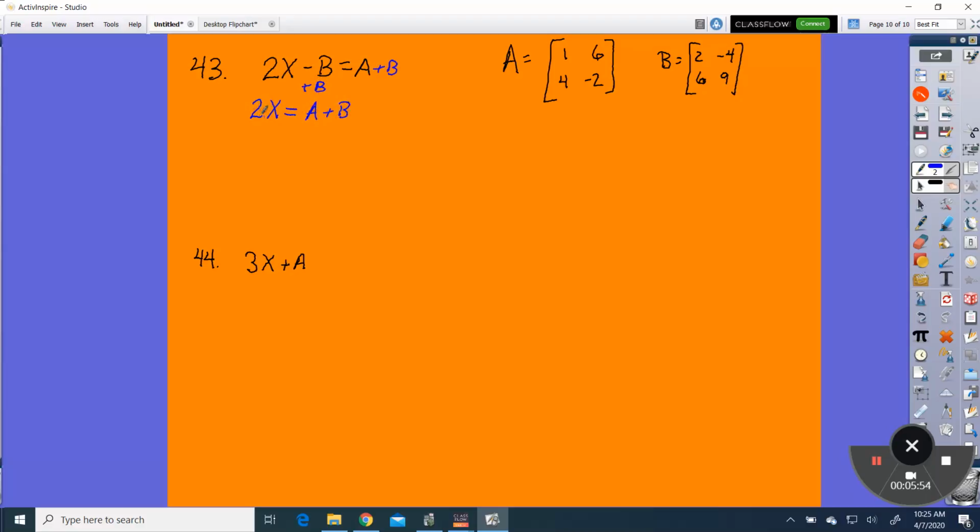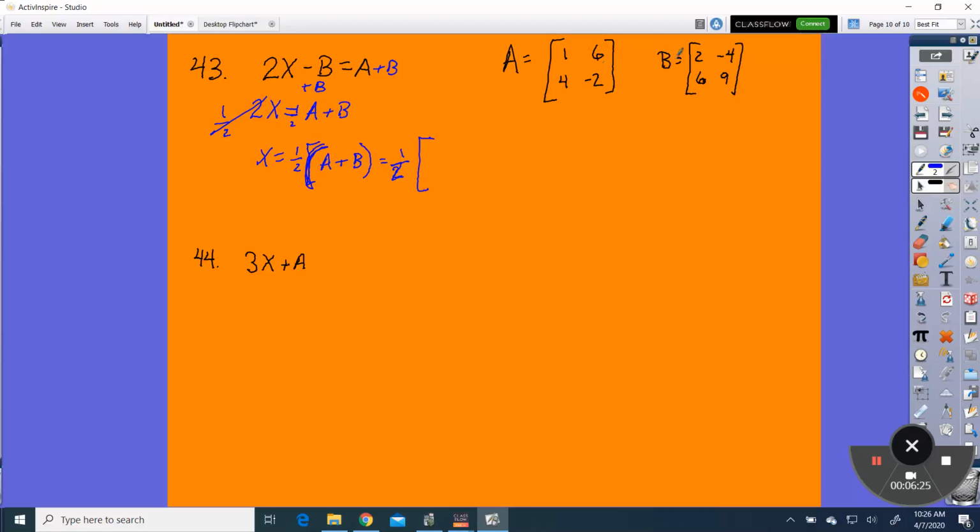And then to get rid of this times by 2, I would really multiply by its reciprocal or divide by 2, right? It's just easier with matrices to multiply by a half. So those are gone. So x equals 1/2 of not just A, but of A plus B. So make sure you understood that distinction. Okay. So now all I need to do is go A plus B, which equals 1/2 of